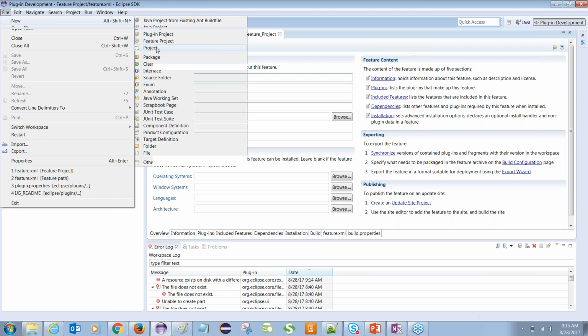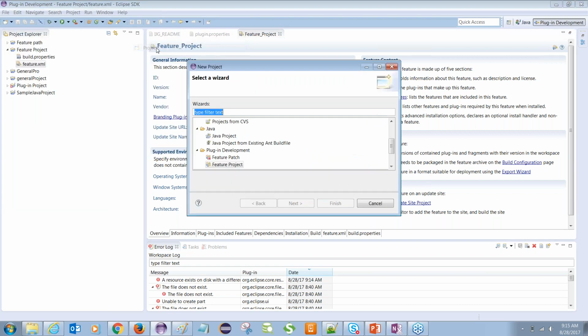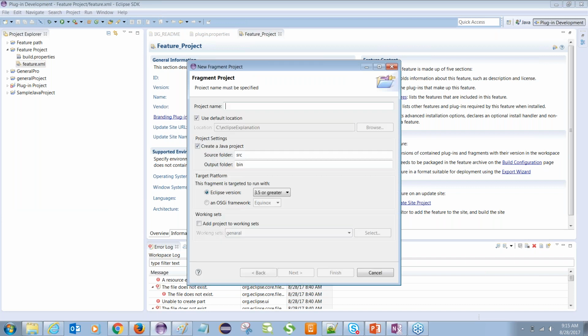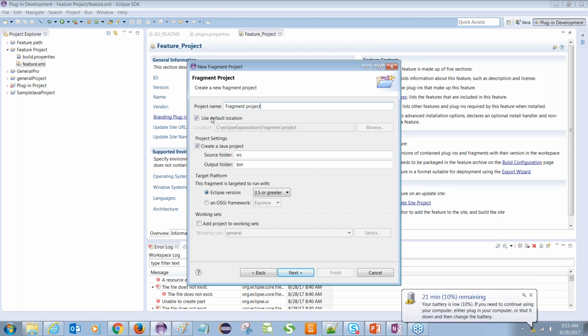So all these projects which we have used in our Eclipse, those projects can be seen outside. Now we'll go ahead and see some more projects, the fragment project. Now we'll create the fragment project. To create a fragment project, we can use the default file location, similar to the plugin project,